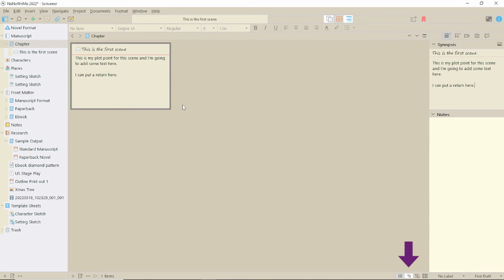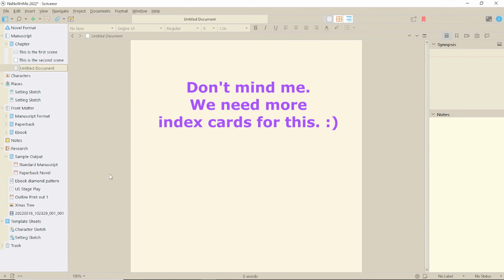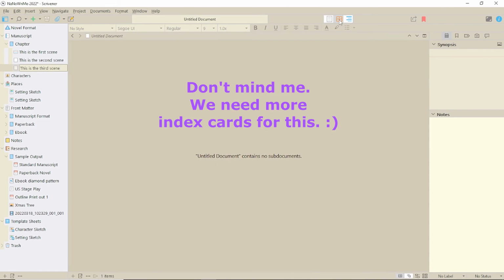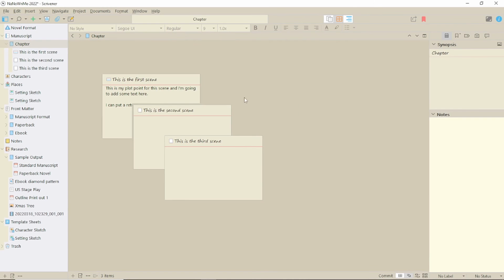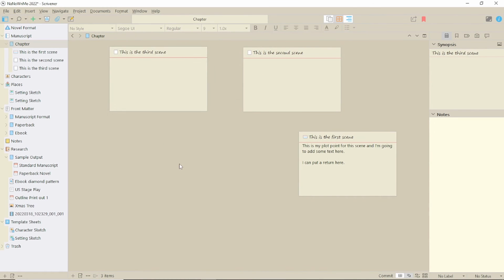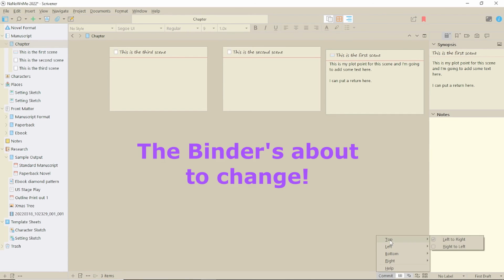The second option is a freeform format, where you can move the cards around, say if you were trying to reorganize your manuscript order, but you weren't sure about the changes yet. This does not affect the binder order unless you click on Commit, so be sure you've got the order right before doing that, or you'll need to start again.